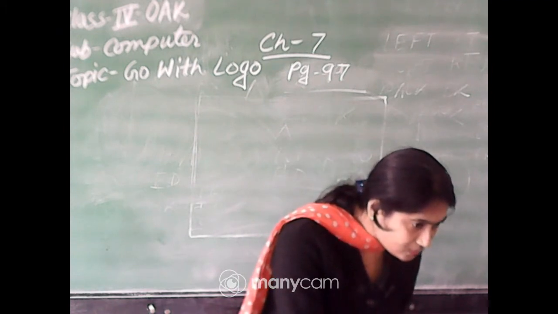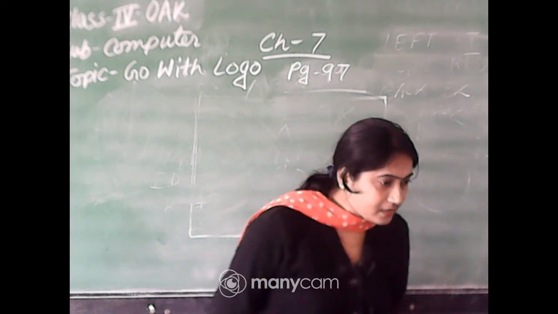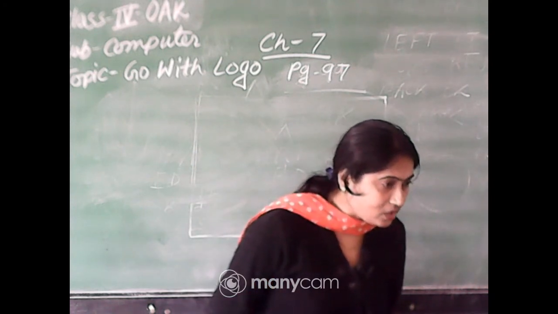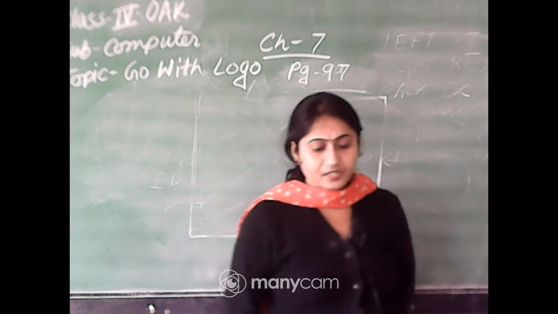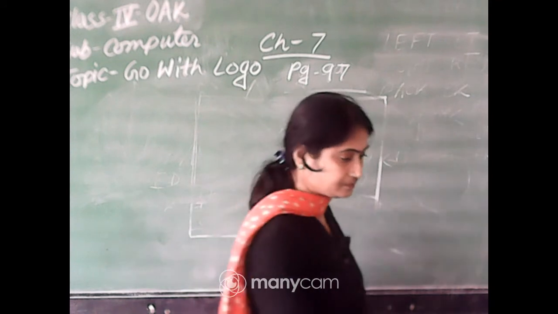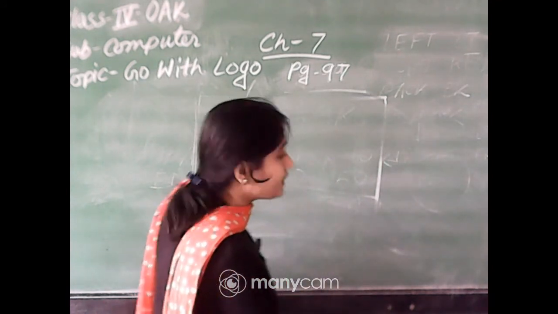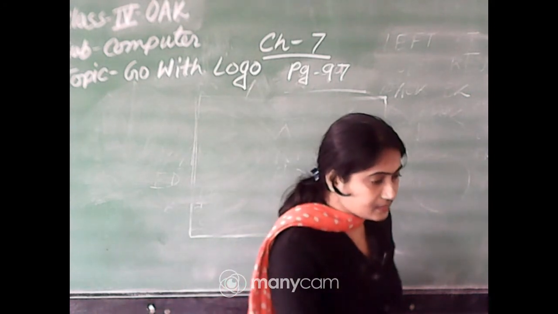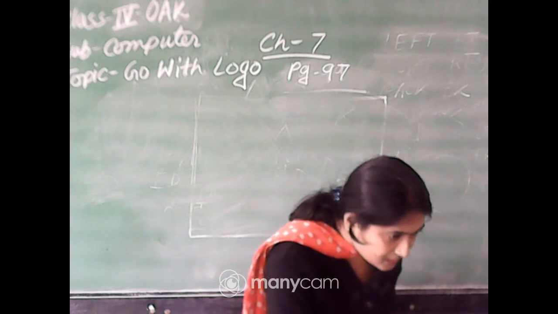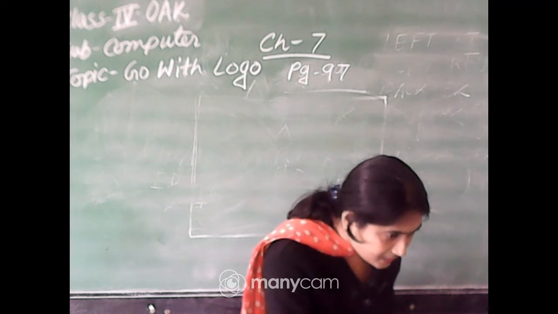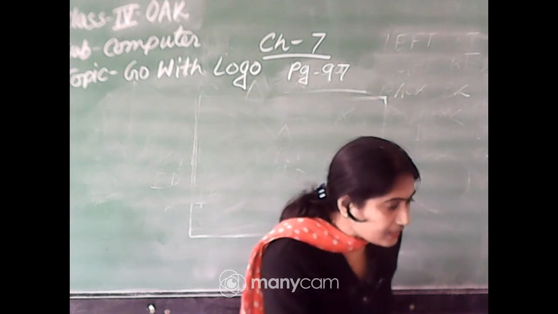No beta, I am not in together mode. Grid view. Nobody will change the view. Keep your computer or mobile in grid view. Okay, and start now. Please take out your computer book and open chapter number 7, page number 97. Chapter number 7 and page number 97. Adrija, what happened beta? Okay, let's start now.